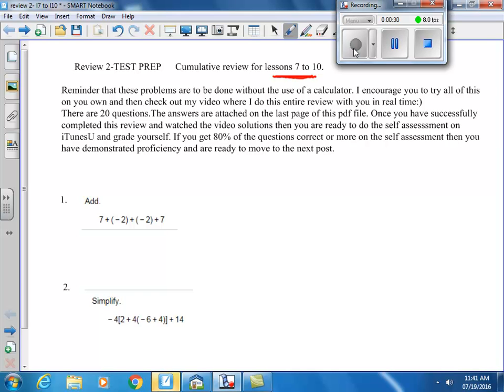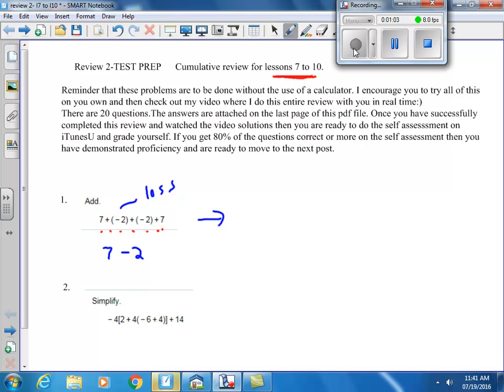Okay, here we go. 7 plus -2 plus -2 plus 7. So with this review, we have to be really comfortable with our integers. By now we've been through the notes on all the operations on integers, and we are ready. When you think about negative, think about loss, and positive, gain. Think about money. So if I have 7 and I lose 2,